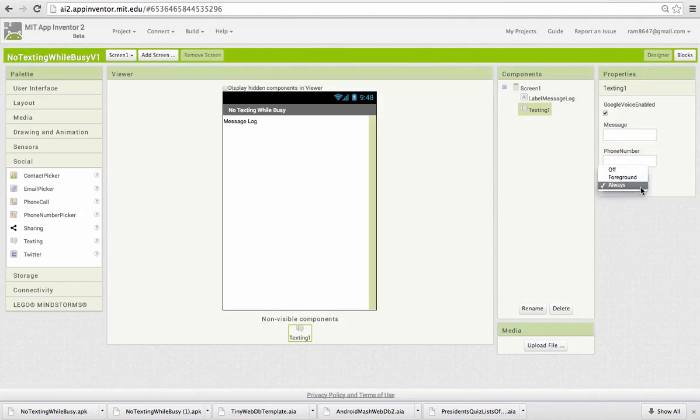When set to off, the app will completely ignore incoming text messages. When set to foreground, the app will only receive and process incoming text messages when it is in the foreground. That means when you can see it on your device as the top app, as the current app. When it is set to always, as it is in this case, the app can receive text messages even when